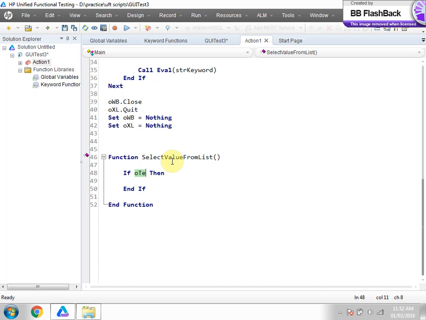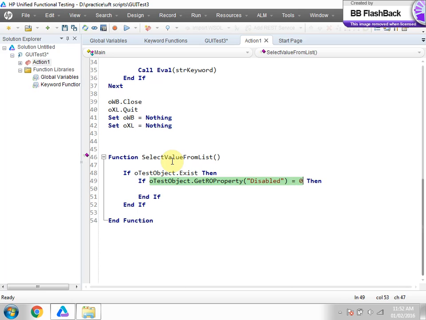If test object dot exist. Okay, if the object, test object, will be a web list now. Then if test object dot get our property of disabled equals to 0. If disabled equals to 0, then what I do is